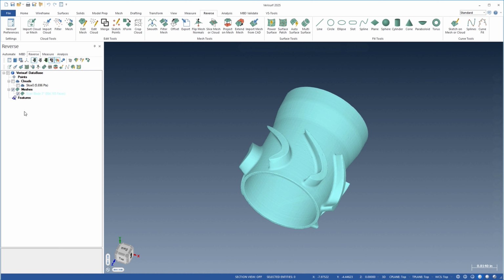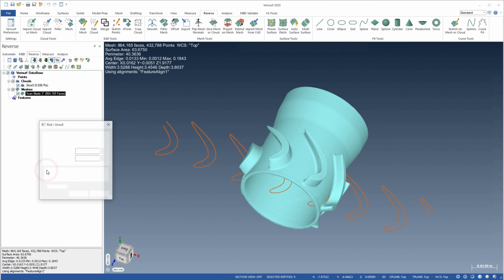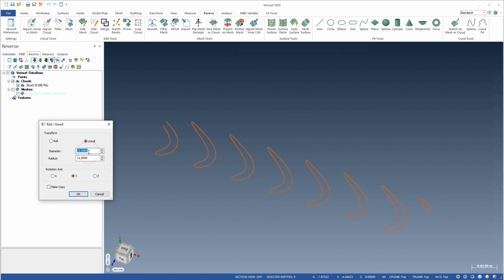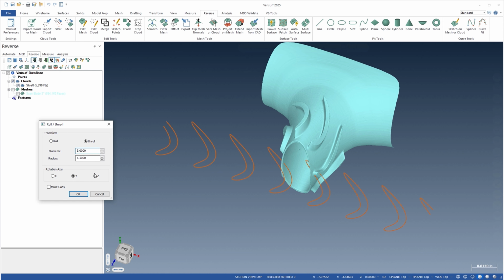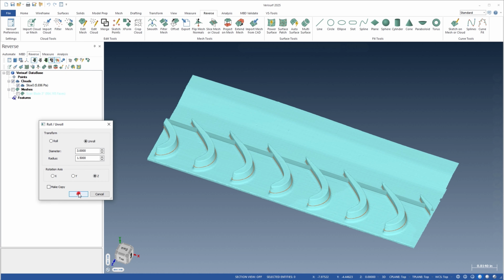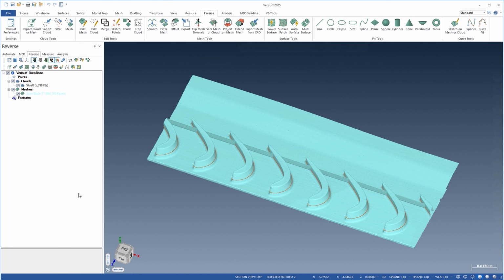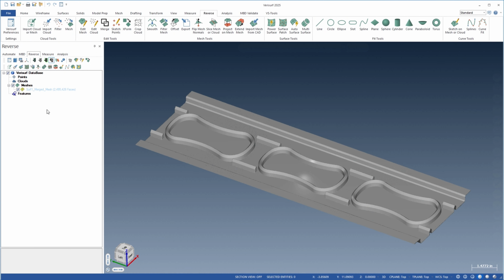Unrolling a scan facilitates part inspection, where the nominal values are provided in terms of a 2D design drawing, such as parts that are cut from a flat pattern and then rolled into their final form. This includes parts formed from sheet metal and composites, and even some wire harnesses, which are designed flat and then rolled into shape.